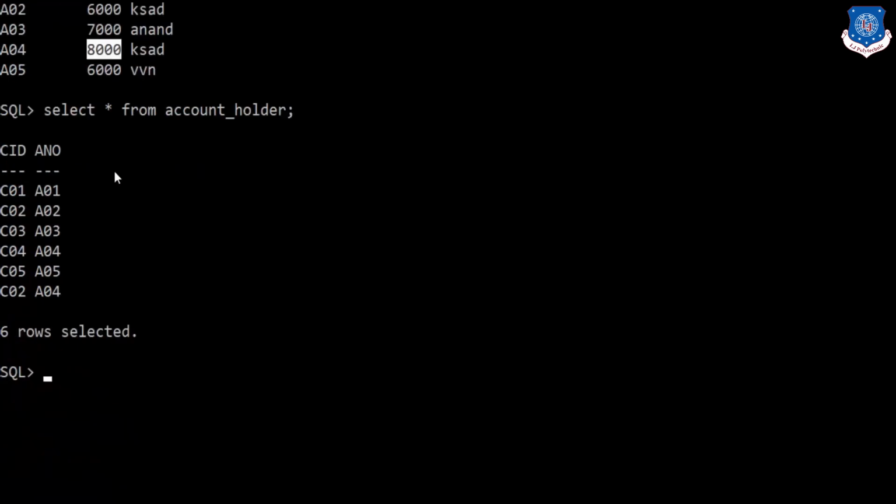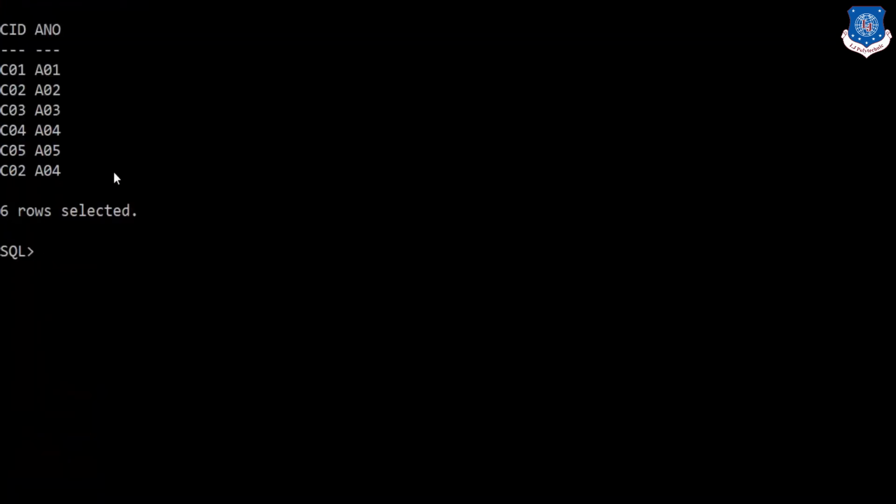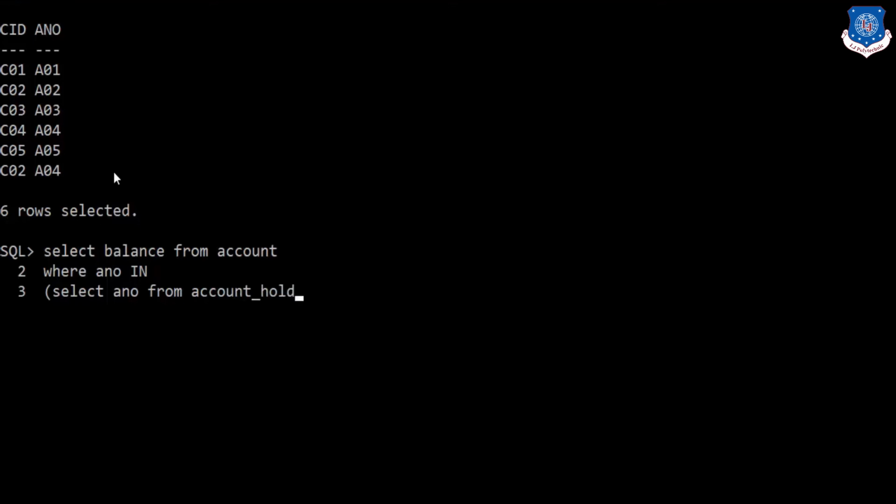Let's write query for this problem. Select balance from the account where account number in. Select account number from account holder where customer ID in.